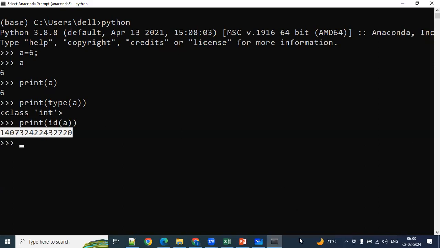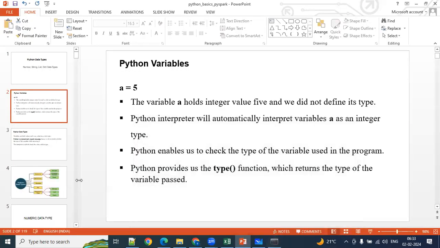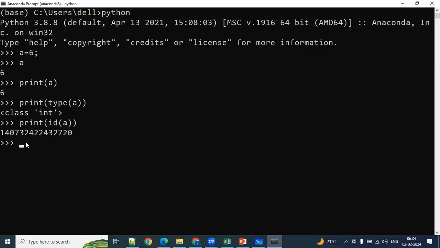That is one thing. This is about the object actually. I'm not talking about the numbers and all here, I'm talking about the object. Going forward, when I say some variable name equal to something, I can take a list also here. A list I can define like this: 1, 2, 3, 4. In the backend, it is going to create an object for this one as well, and it will point to the memory location.